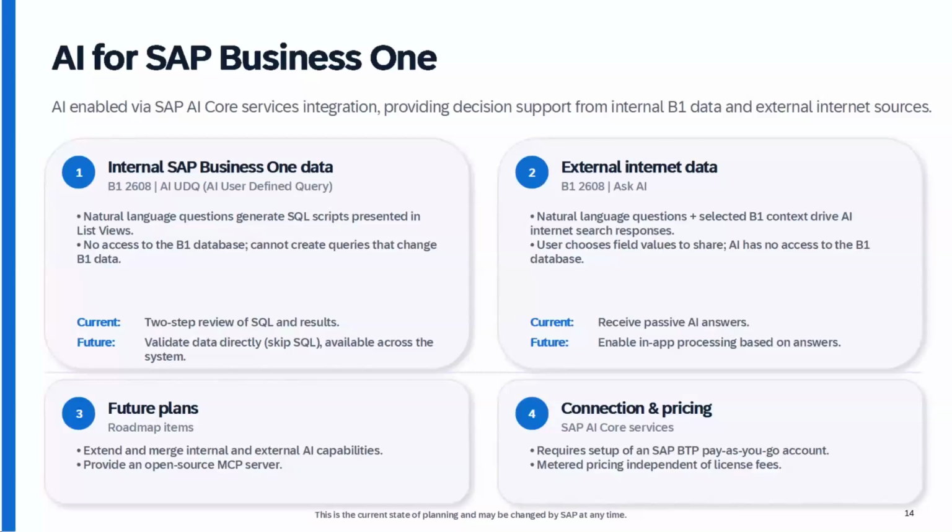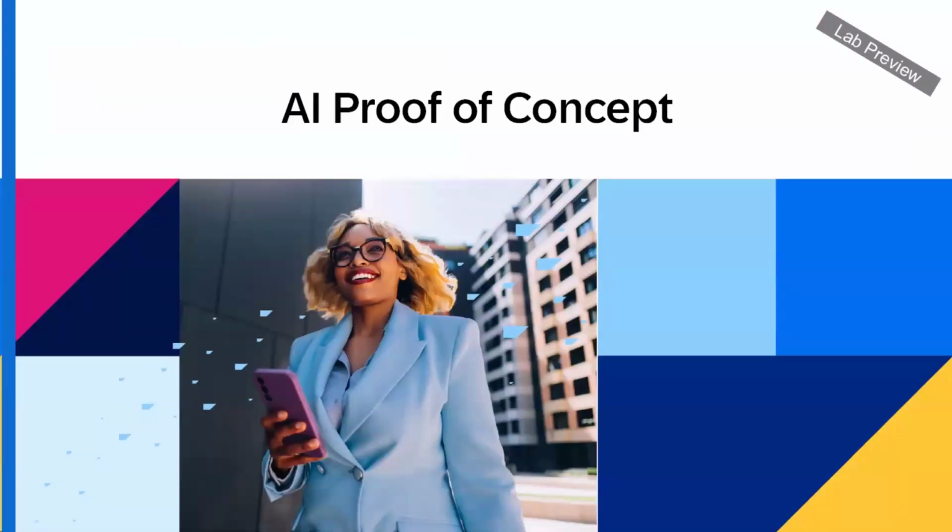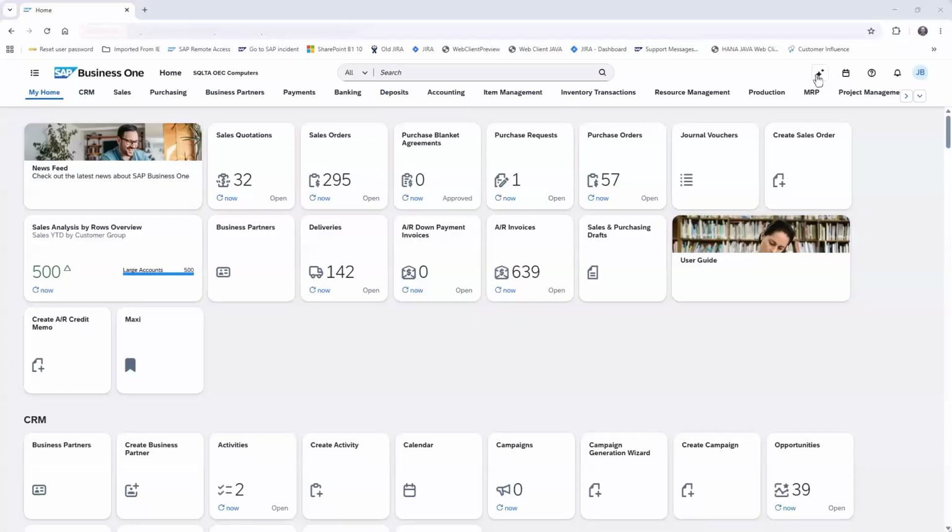I should just mention one more thing actually. You may ask about what about Joule? Now, we are currently investigating the possibility of integrating Joule with Web Client. I cannot say at the moment if it will happen or will not happen, but I can say that whether it does or doesn't happen, we will have significantly more AI functionality coming into the core of the Web Client. So whether it is with or without Joule, let's see. Having said that, now let's move into the proof of concept that I've been whetting your appetite to see, hopefully,